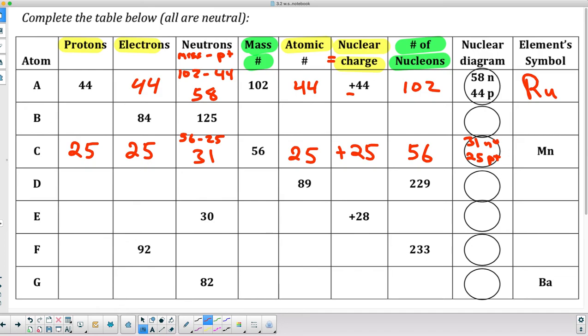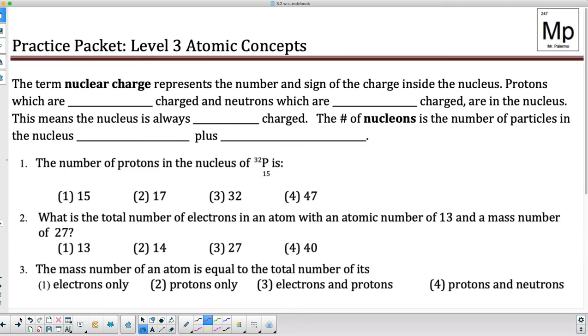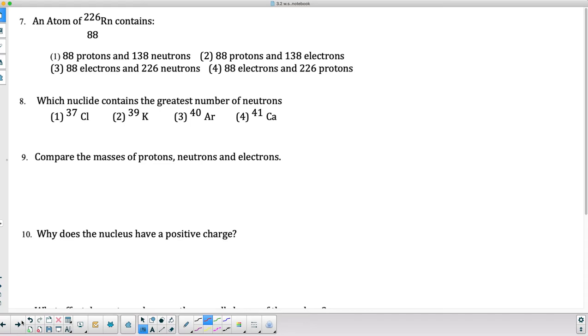Okay, I want to show you one more thing. I don't think I need to explain any others. So you see these questions here. These are directly from the EdPuzzle. I'm not going to redo the EdPuzzle. I want you to use that stuff. So let's take a look at what you see here. This right here is the Rn